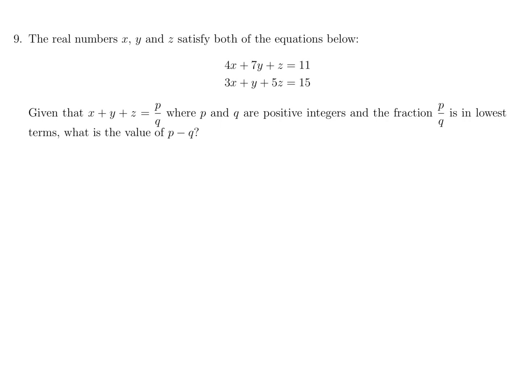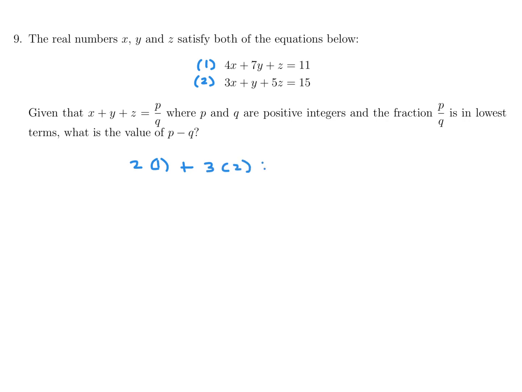The real numbers x, y, and z satisfy both of the equations below. Given that x plus y plus z is p over q, what is the value of p minus q? Let's call this equation 1, and let's call this equation 2. So let's see here. If I take 2 times equation 1 and add to it 3 times equation 2, I